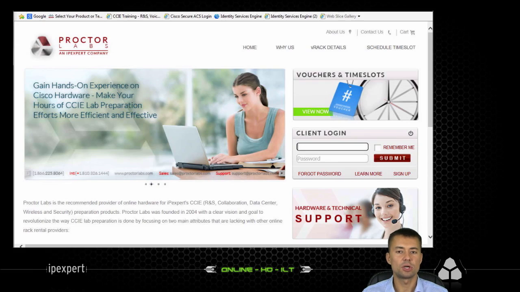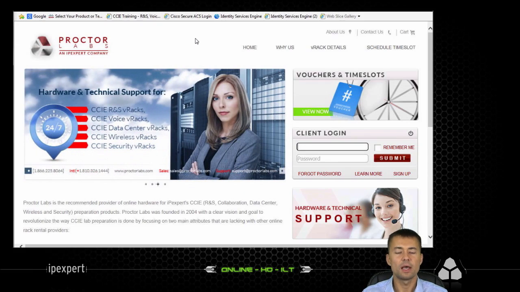Right, guys, so I would like to show you how to navigate Proctor Labs, how to get access to your devices, and how you can control the configuration and the devices themselves. So from proctorlabs.com, we want to go under the client login,